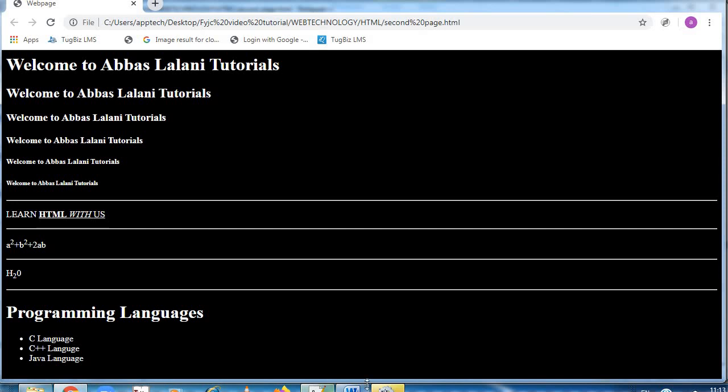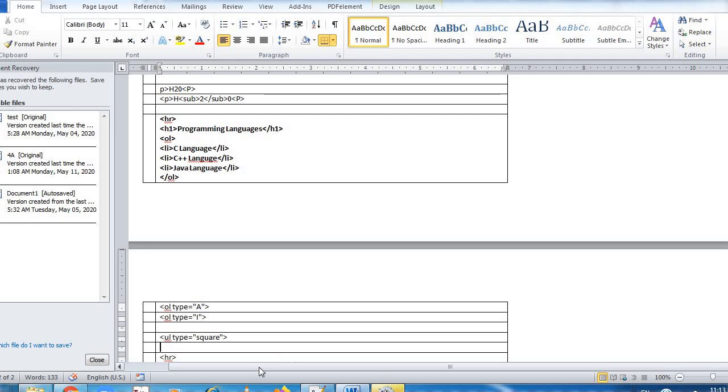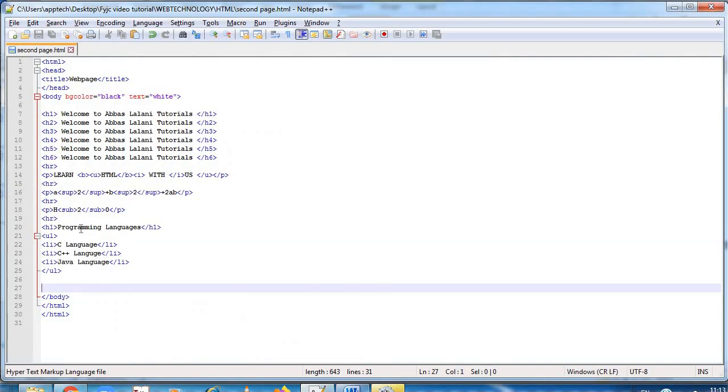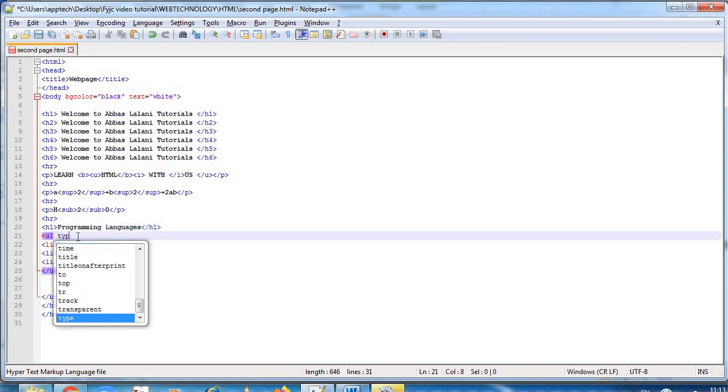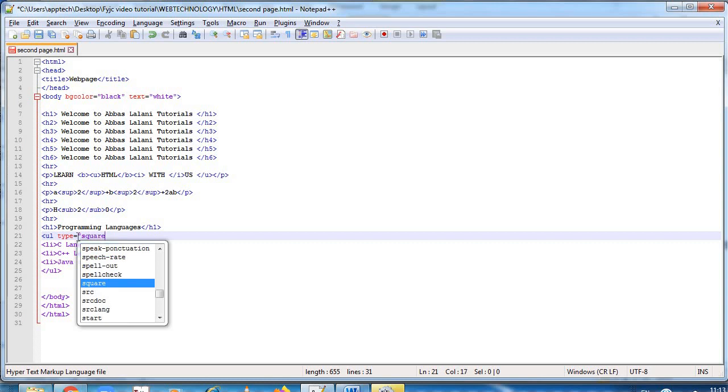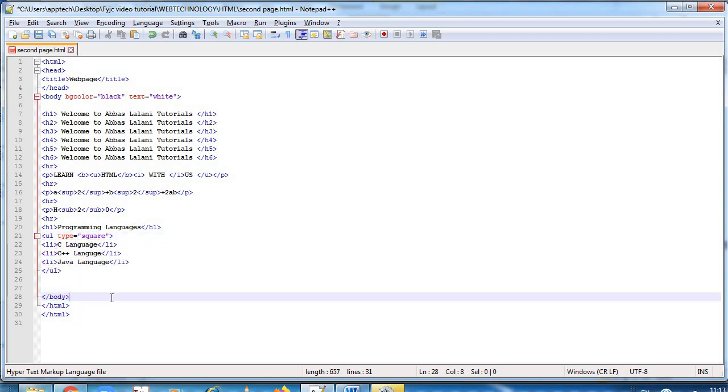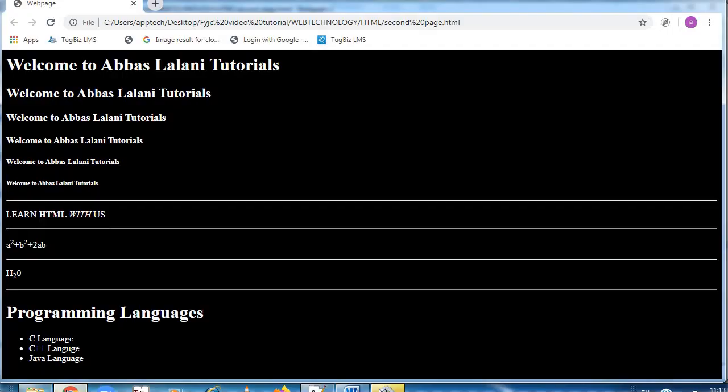Now UL also has a type. Now UL type is equal to square. So if you want something in squares, you can make it in squares also. UL type is equal to square. Now let's see how it looks like. Yeah, so here you can see squares.